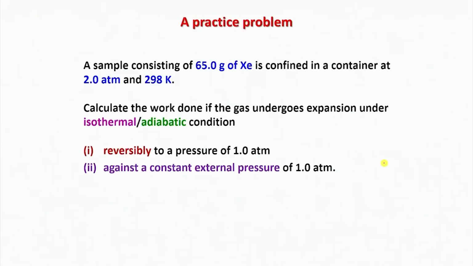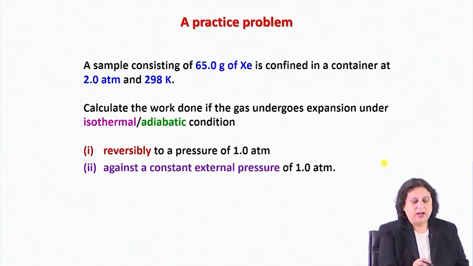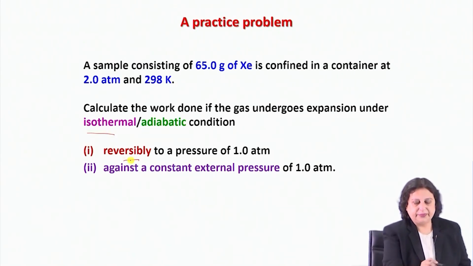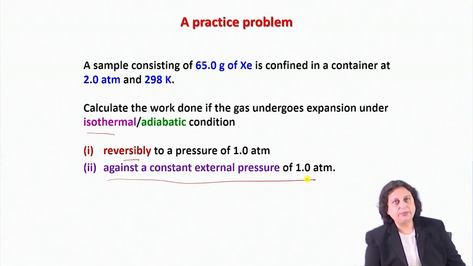Now I can give you a practice problem where a certain amount of xenon is contained in a container at 2 atmosphere and 298 Kelvin. I am asking you to calculate the work done if the gas undergoes expansion under various conditions. It may be isothermal reversible expansion, or isothermal irreversible expansion against a constant external pressure, or the same two experiments could have been carried out